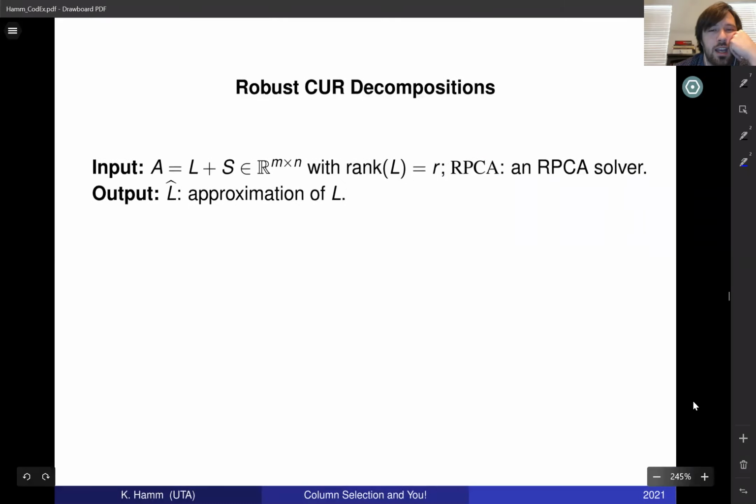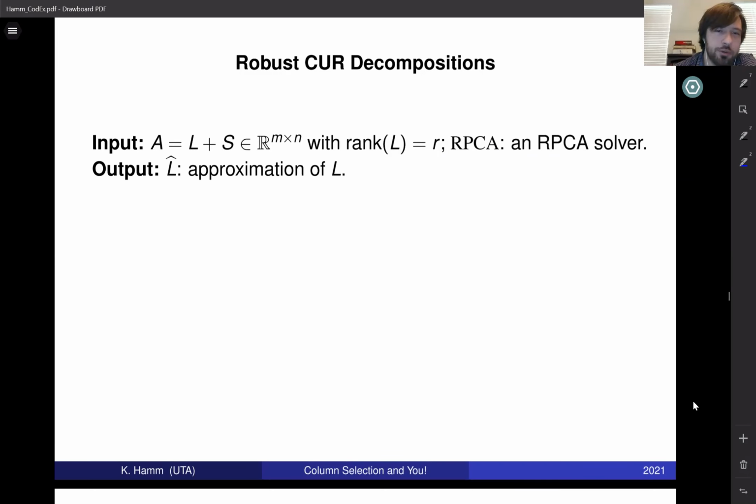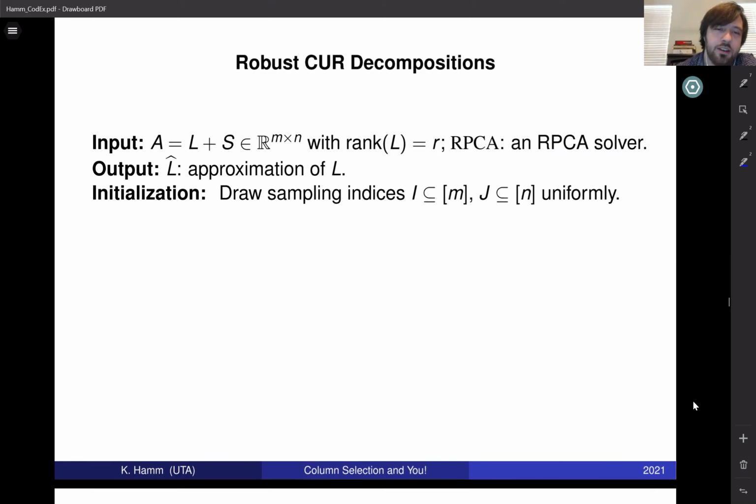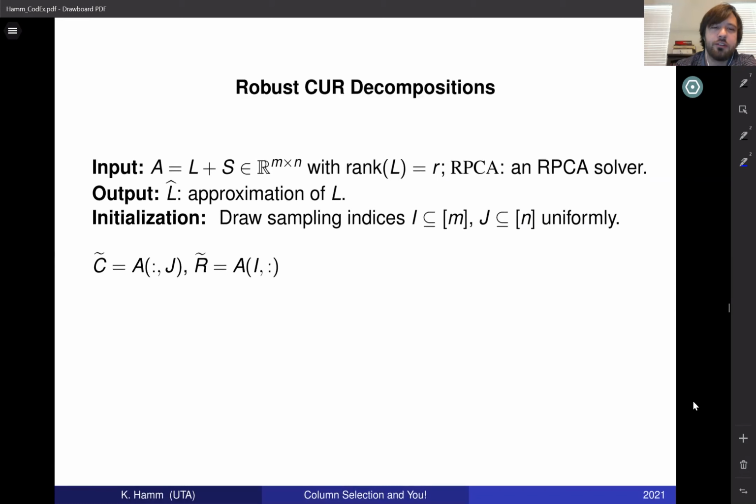My goal is to output an approximation to the low rank part. And we're just going to do something very simple. First I'm going to draw row and column indices uniformly at random. And then I'm going to set what I'll call C tilde and R tilde to be column and row submatrices